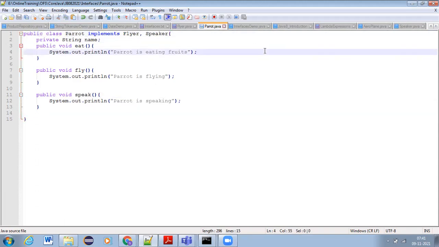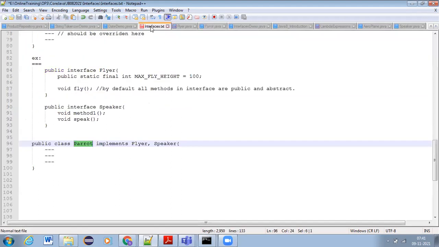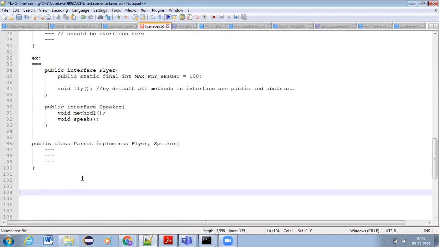Now, even an interface can be inherited from another interface. That means we can create a child interface for one interface, and then for that child interface we need to write the child class.